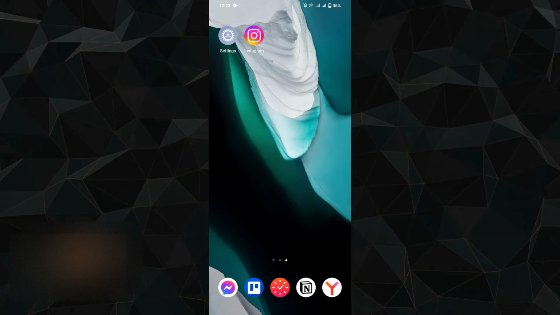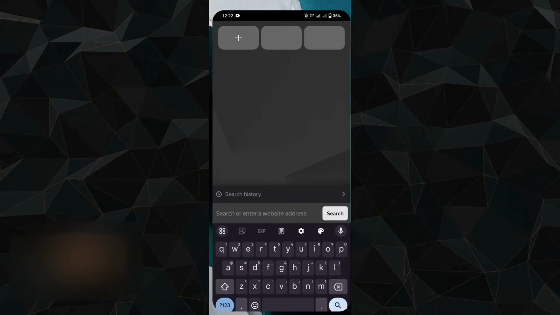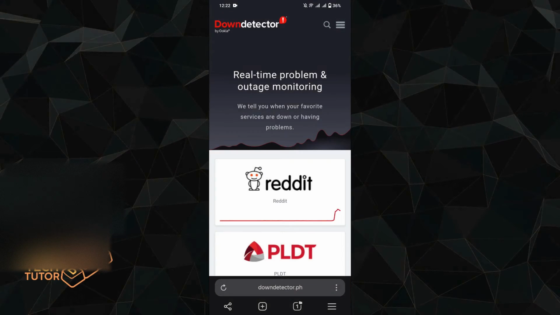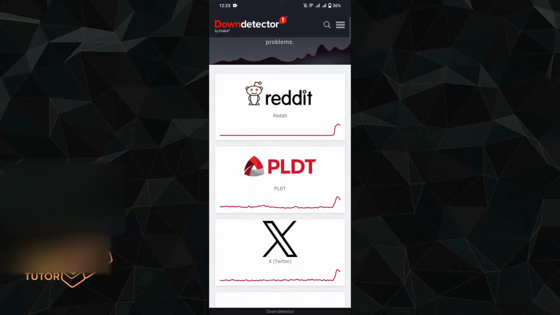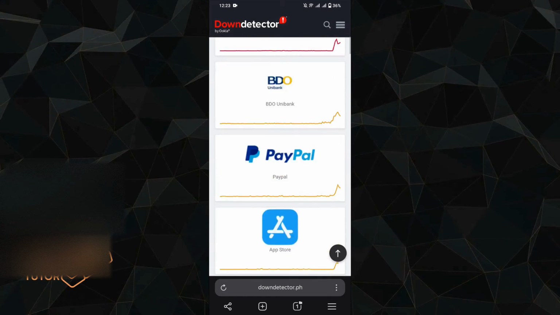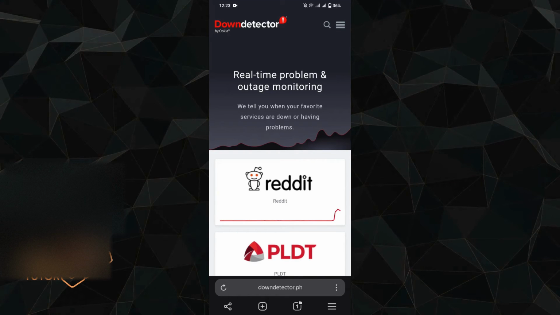you need to go to your browser and search for Downdetector and see if Instagram is having problems. So like if you check on Reddit,